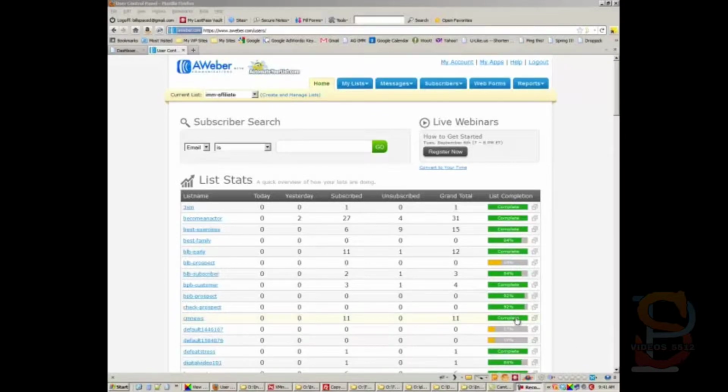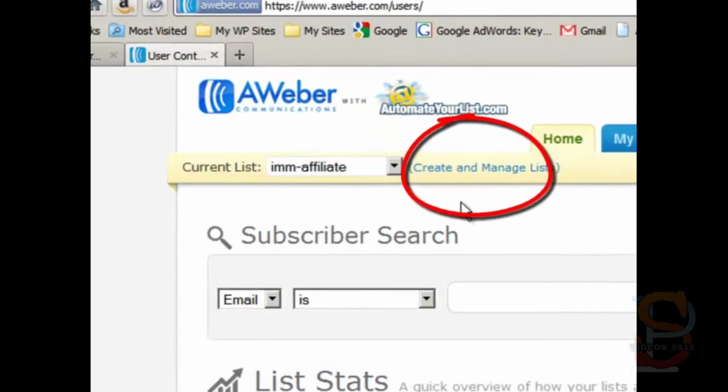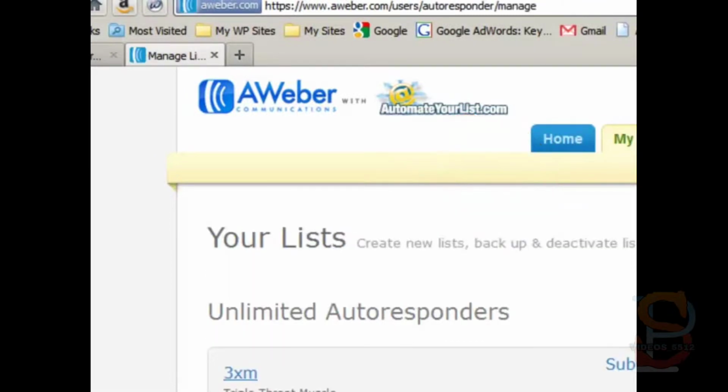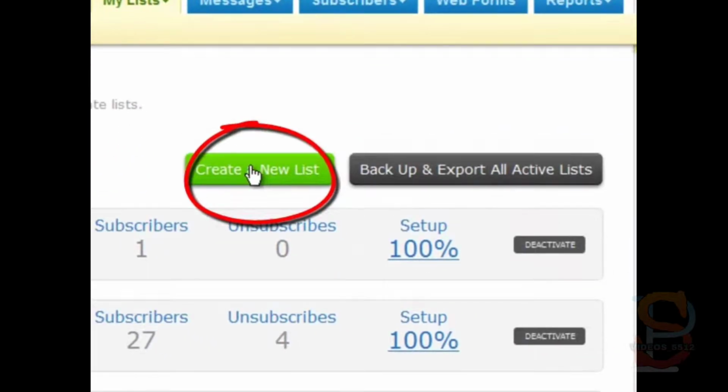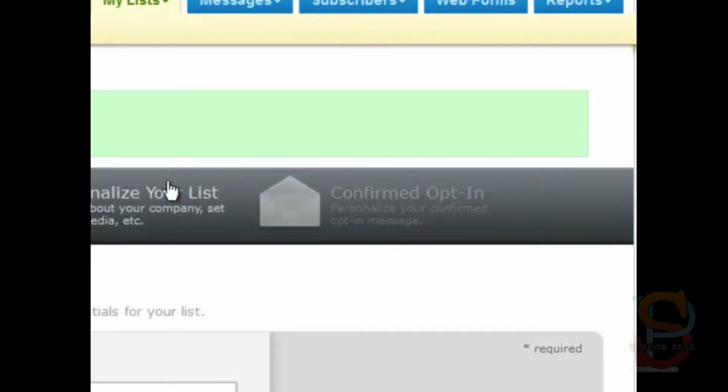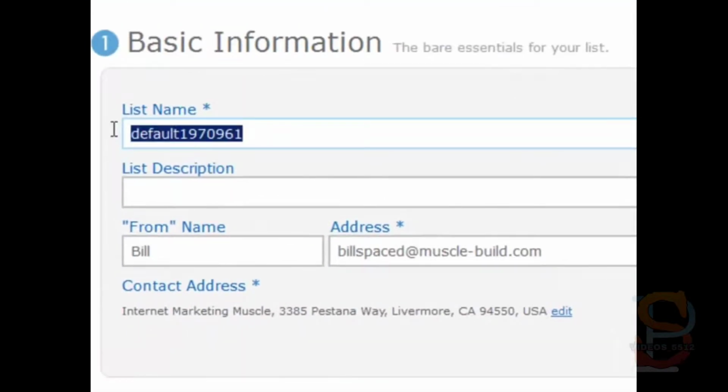I'm going to show you how to quickly create a list in Aweber and how to put that on your site. Alright, so log into Aweber or whatever contact manager you have. The process is similar. So let's go to create and manage lists and then create new list and then give it a name. So this one's going to be WSO